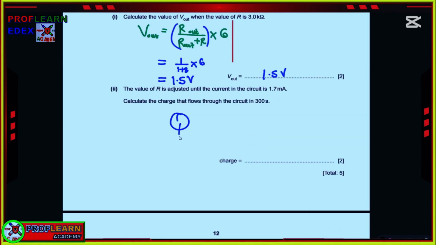Remember, charge is equals to current times time, and this is going to be 1.7 times 10 raised to power negative 3, because we were given milliamperes, times 300 seconds, and that's going to translate to 0.51